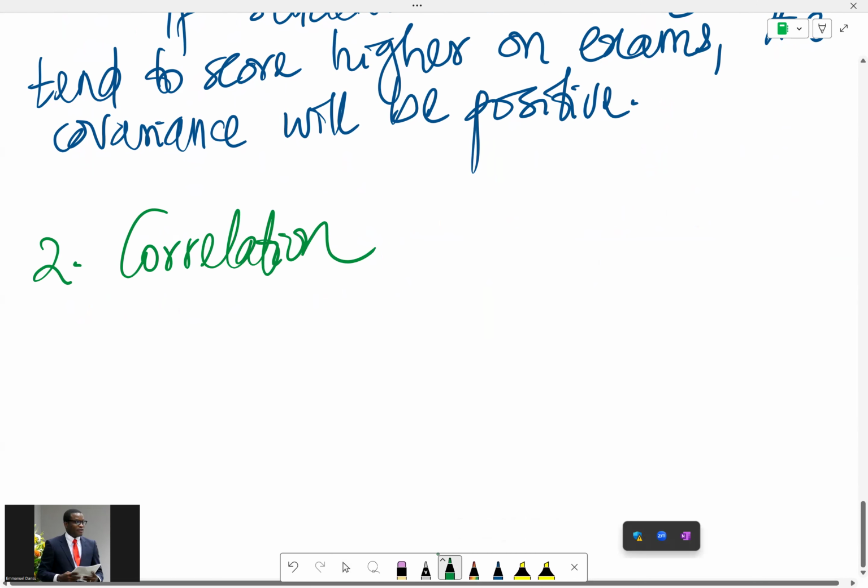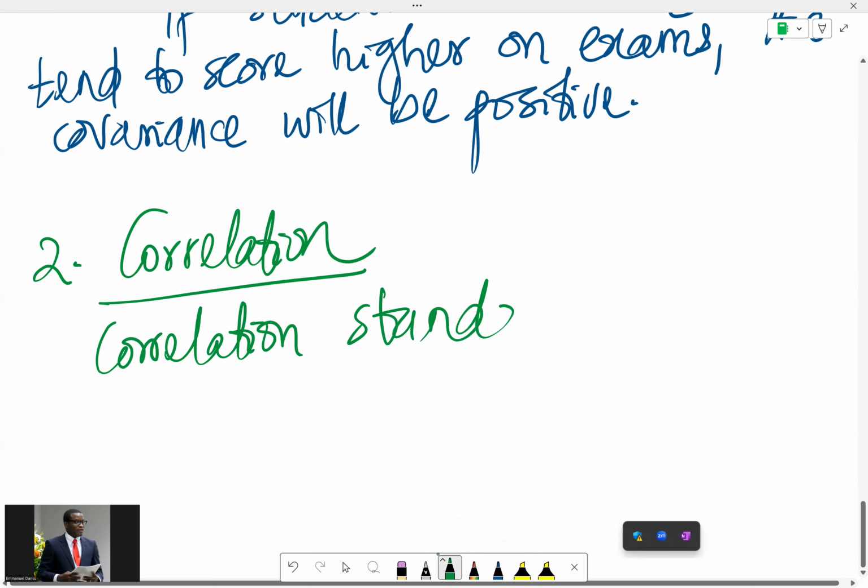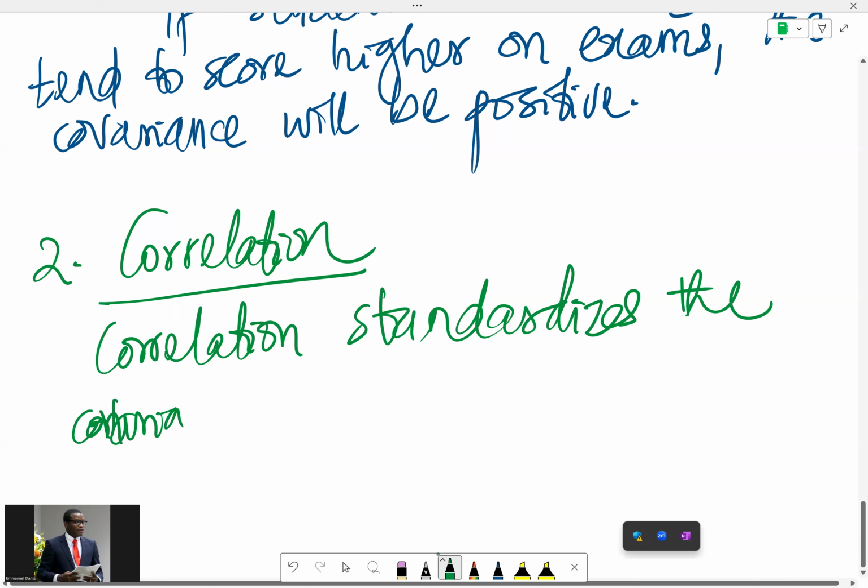Correlation standardizes the covariance. It goes the extra mile. The covariance already tells us the kind of relationship that exists, but it doesn't tell us the actual magnitude of that relationship. So correlation standardizes the covariance,